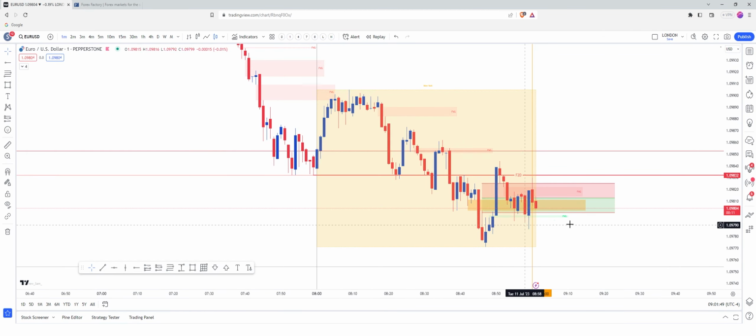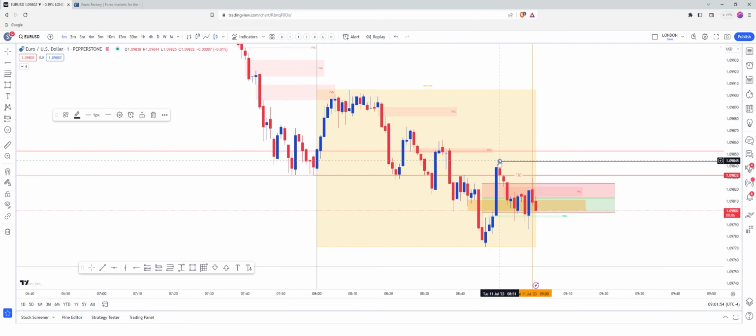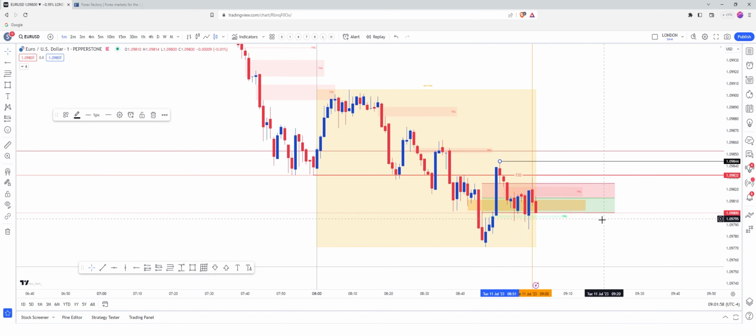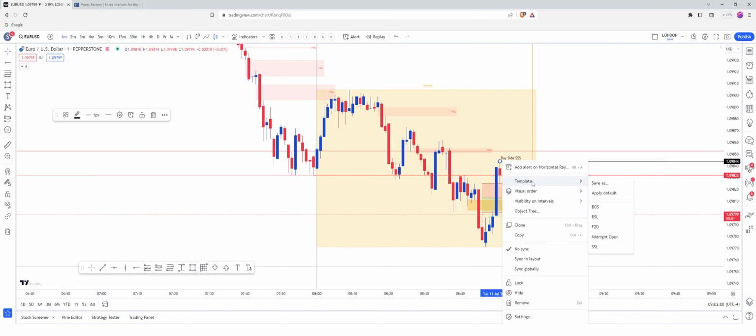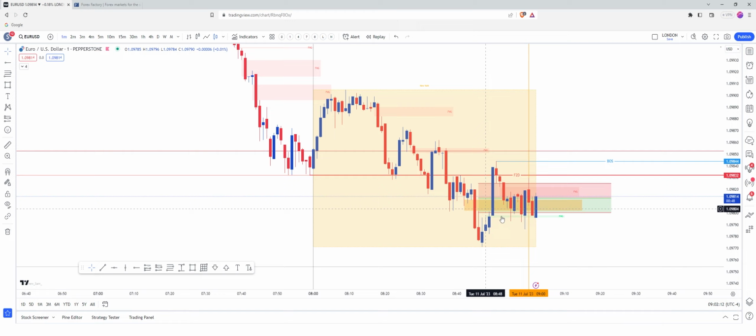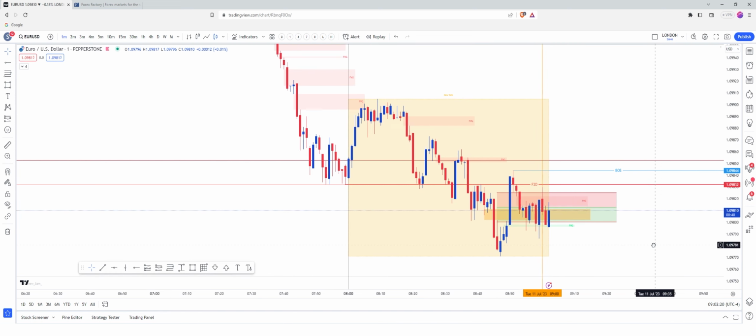At the moment we've just got consolidation, so really what we're looking for is a strong break above this high with displacement. Let's mark that as a break of structure, sorry. We have broken this high already, so we have a break of structure and displacement, but we're not inside the range. So we're waiting for a pullback into the range with displacement before I start taking any long positions.